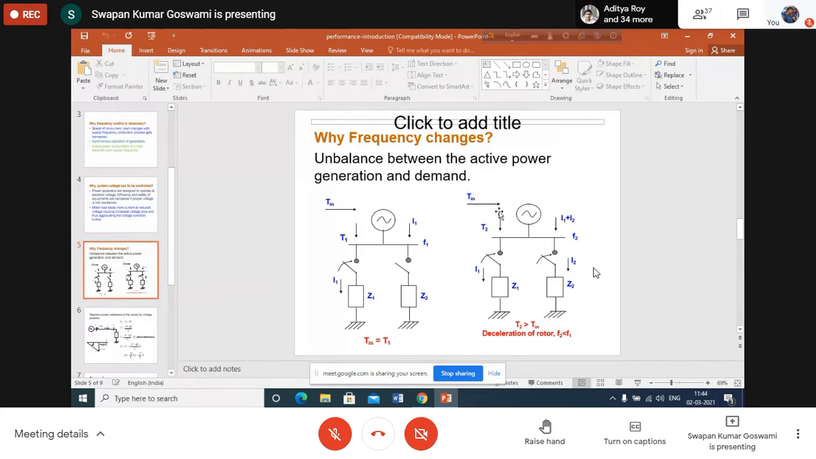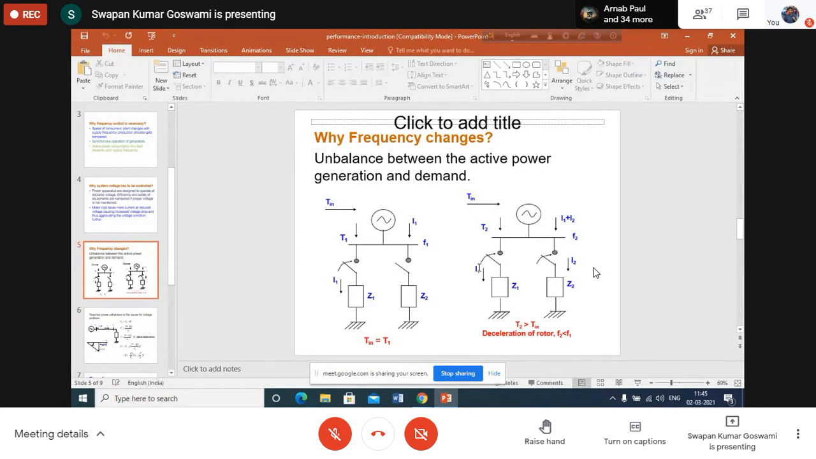Okay. So basically an unbalance occurs between the active power input to the generator and the active power output from the generator. Why does this unbalance occur? Basically, we are not allowing more steam. More steam entering means the ability to do more work is there. That means the input power is increasing. Since we are not allowing that power to increase,